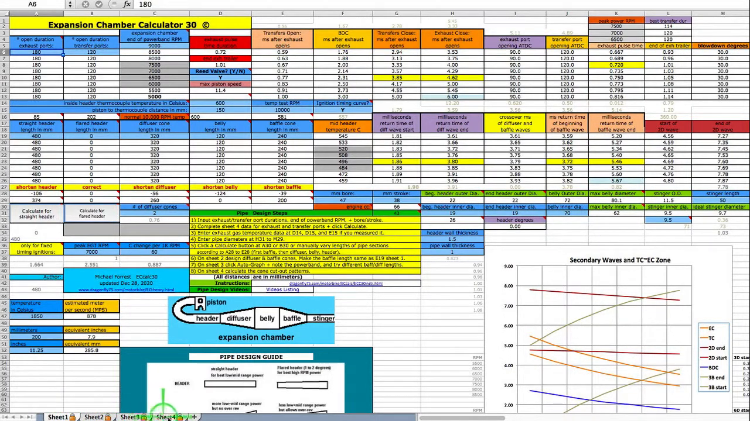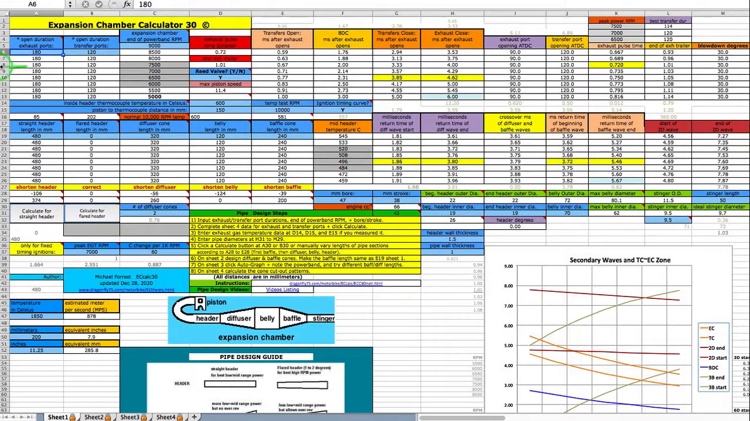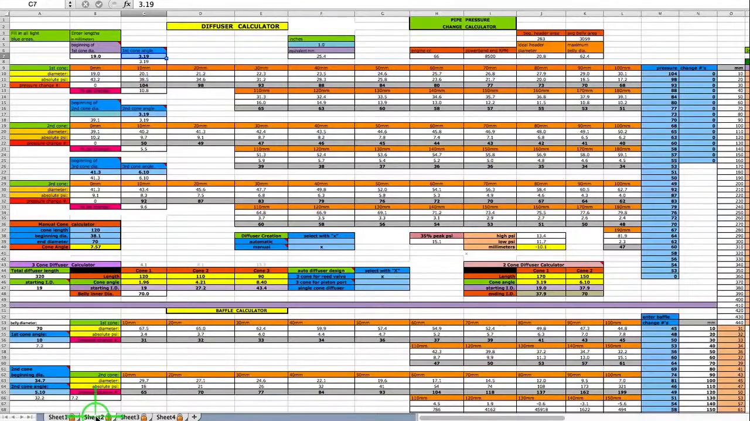Bottom left, you can see there's 4 sheets. If you click on the tab, you go to the sheet. Sheet 1 is for the basic data, and here's the pipe section lengths right here. Bore, stroke, header length. Sheet 2 is for